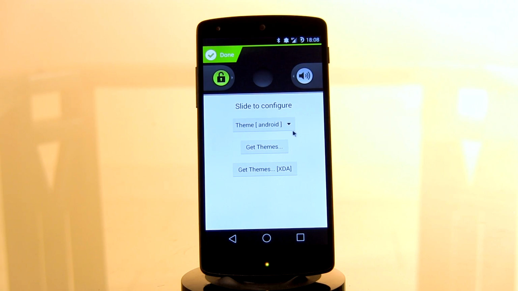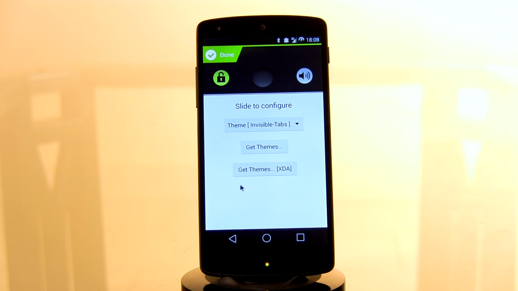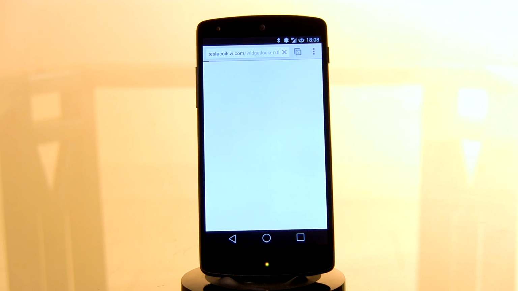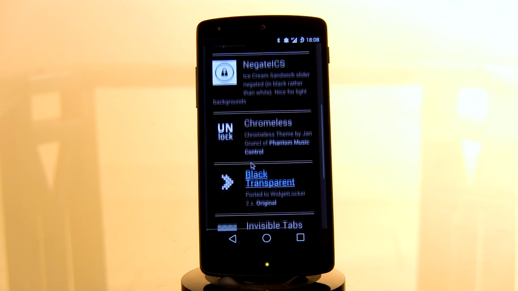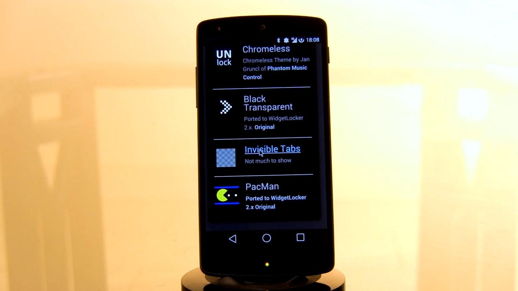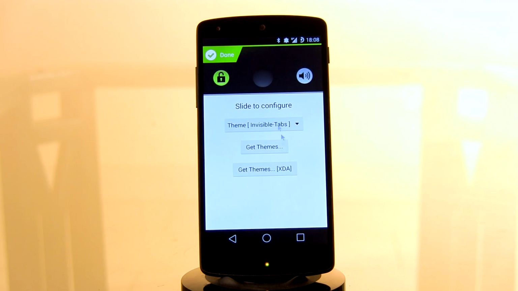From here, you want to change the theme to the one here that is entitled Invisible Tabs. If you do not have it, have no fear. You want to select the Get Themes option. This will open up the Tesla Coil, or basically the Widgetlocker website, and you can now download it from here. You want to scroll a bit down. Here it is. It's titled Invisible Tabs. If you select it, it'll now download, and you can select Widgetlocker, and it'll open up directly onto this very